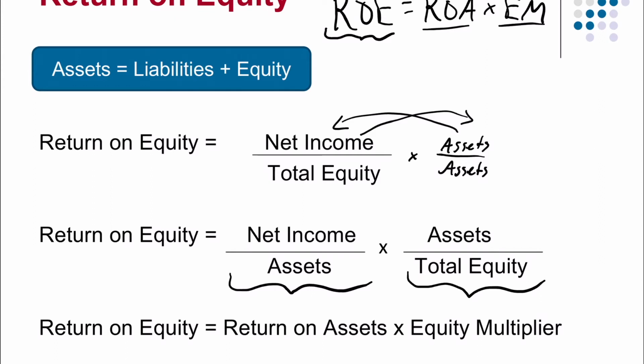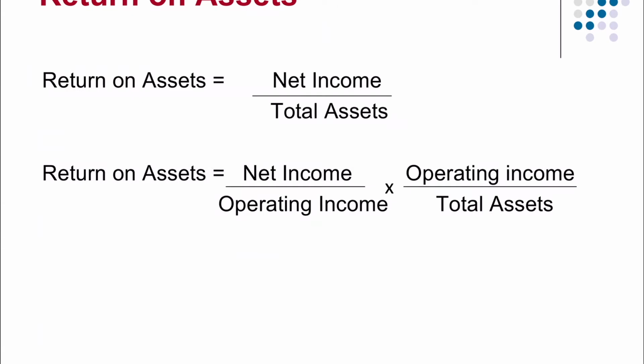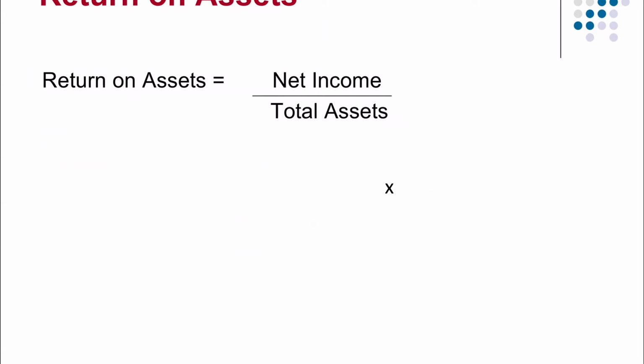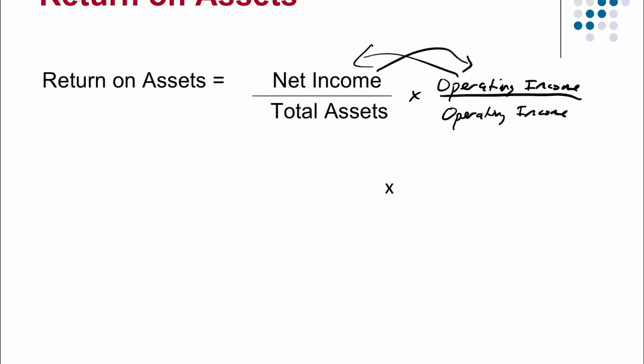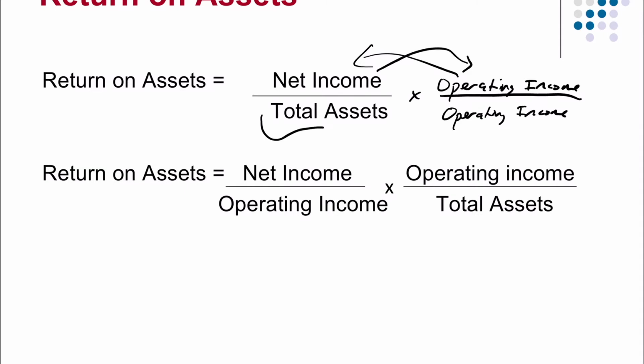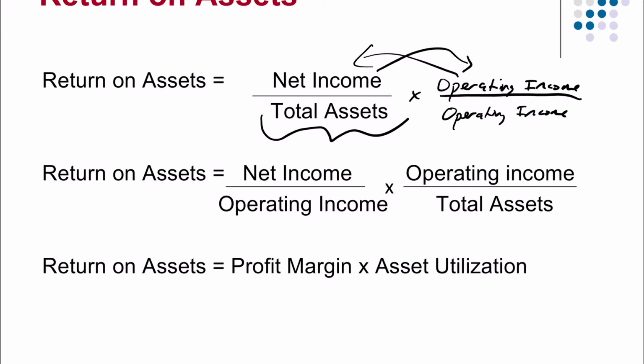Next step is to focus on ROA. ROA is net income over total assets, and what you can do with this ROA equation is very similar to the last one. We can multiply both top and bottom by the same value. In this case, we're going to multiply both top and bottom by operating income, operating income being interest income and non-interest income. Multiply both top and bottom, and once again, rearrange the top. Net income over operating income is simply your profit margin,